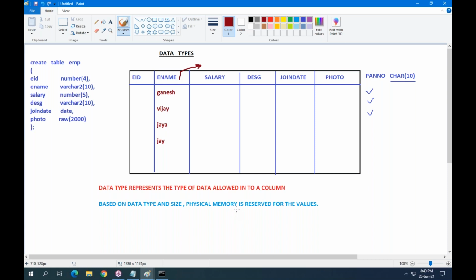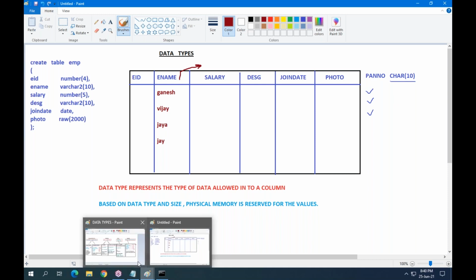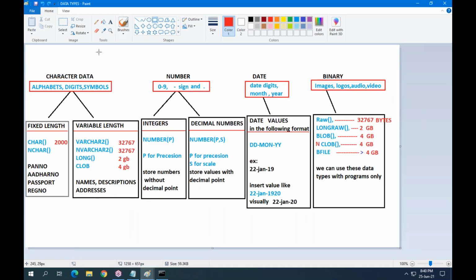Someone is asking, sir, what is the 2? Okay, actually in the old versions, the varchar data type is there. Varchar data type maximum size is 2000 bytes. What is the maximum size? 2000 bytes.